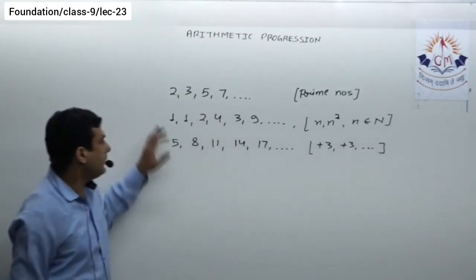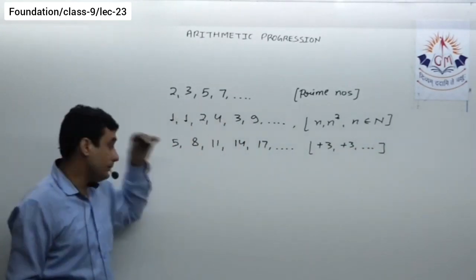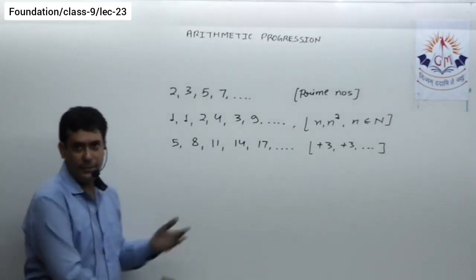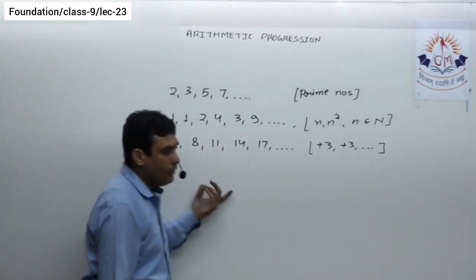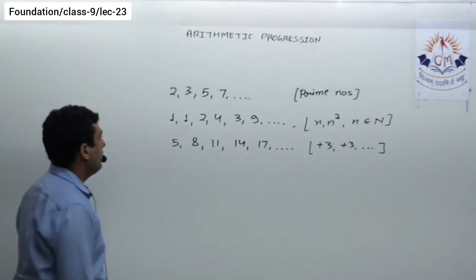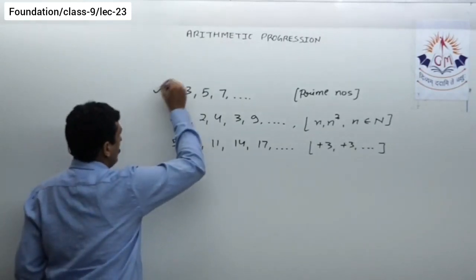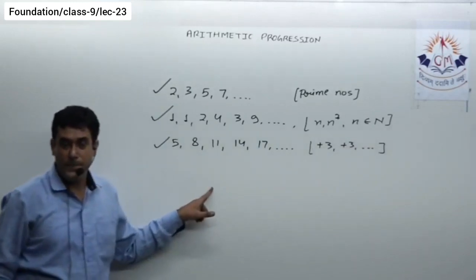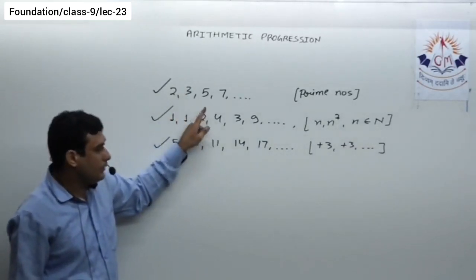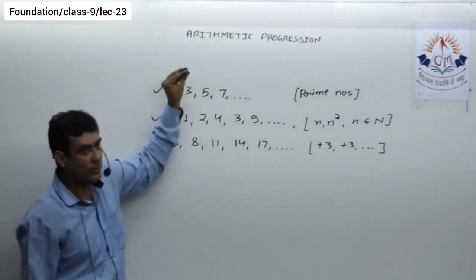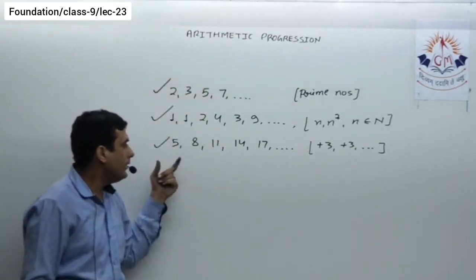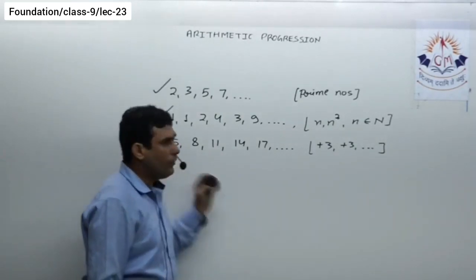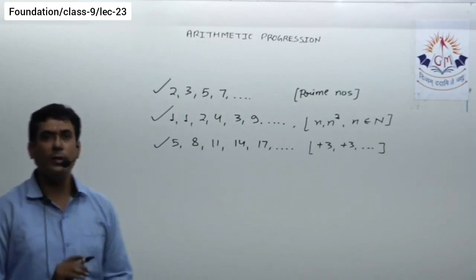These are examples of some sequences that you might have seen in mental ability tests and somewhere else, might be in your Olympiad exam and like that. So these are sequences. This is also a sequence. This is a sequence as well as a progression. I'm giving you the definition of progression: the sequence whose terms follow a specific rule is called a progression.